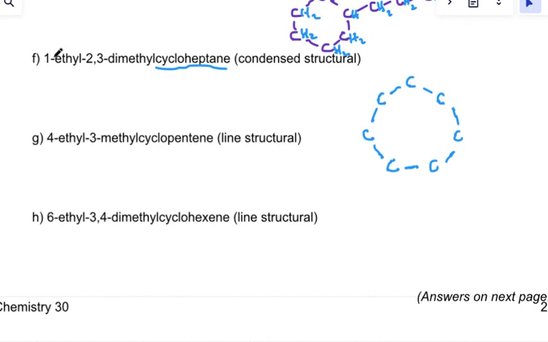The first carbon, wherever I choose to put that, gets an ethyl group. The second and third carbons, you could go that way if you wanted, but I've got more space in the bottom right, so I'll go like that. Okay, 1 ethyl, 2,3-dimethyl cycloheptane. And they want condensed structural, so